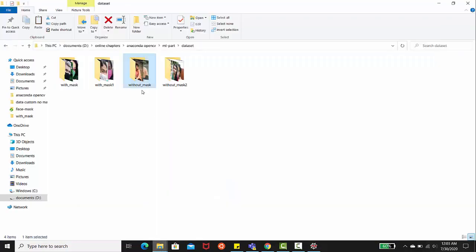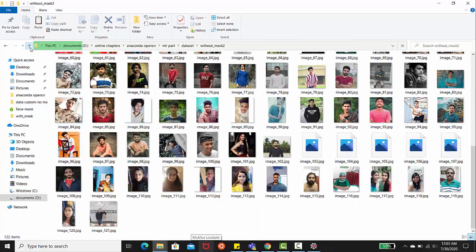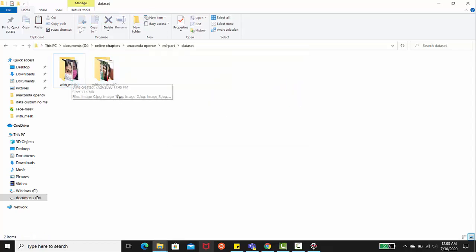Let's see. Yeah, everything is okay. But I see there is a small problem in the dataset. I just delete everything and rename it back to normal. You can see the folders need to be renamed as before.